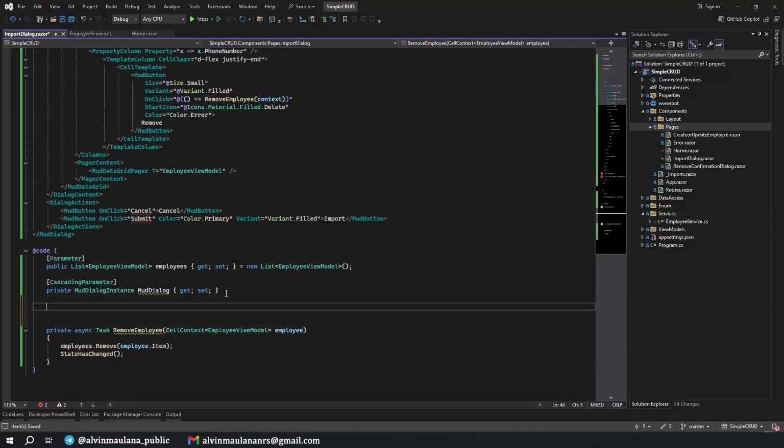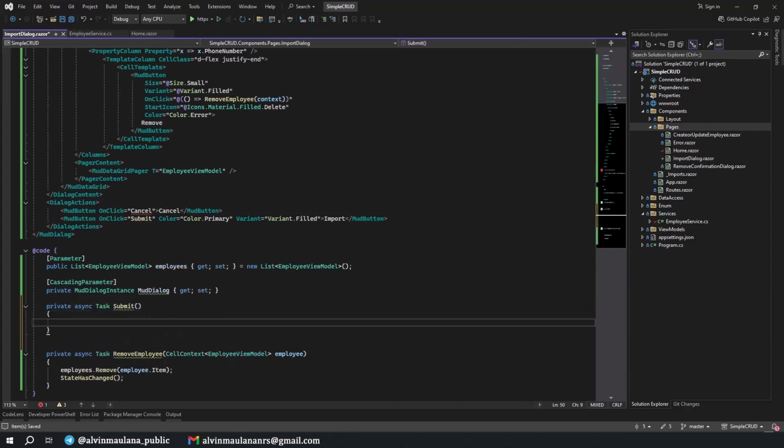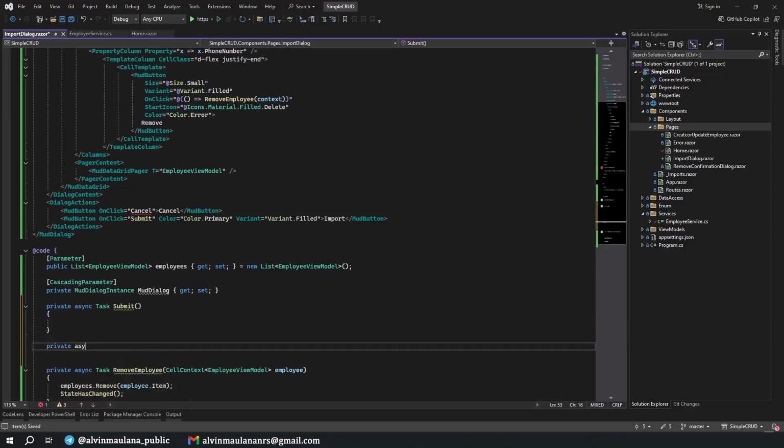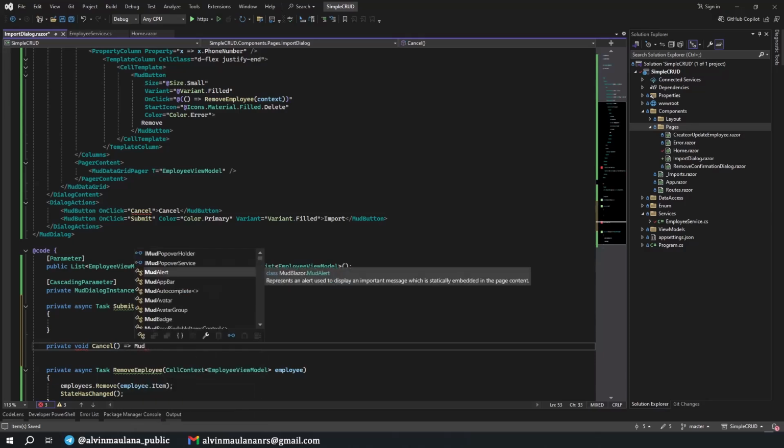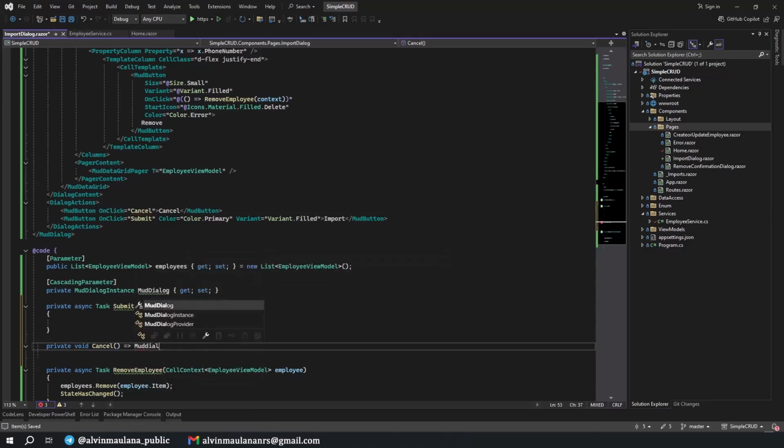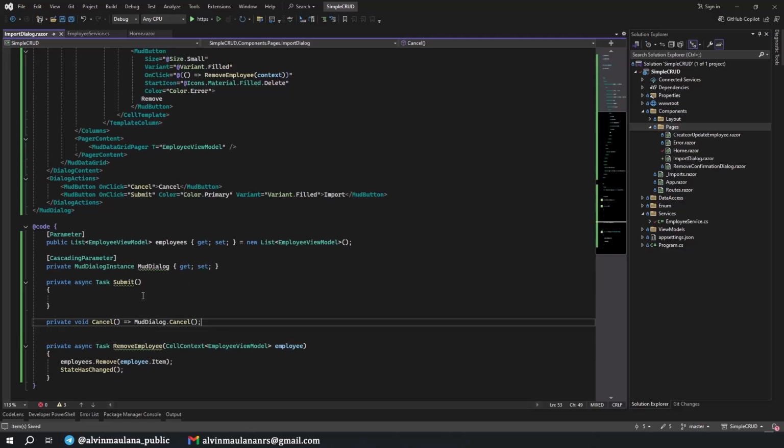And we will have a function, private async Task Submit, and then private void Cancel, and this is just a simple MatDialog, where is it, dialog MatDialog Cancel only, Cancel. And yeah, we need to implement the Submit in here. So we will call the employee service for submitting.